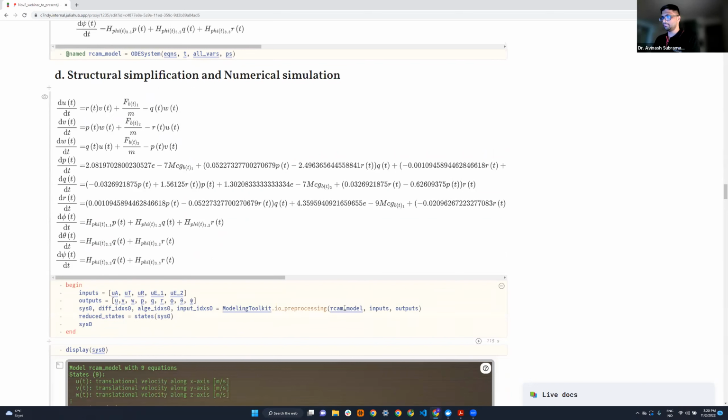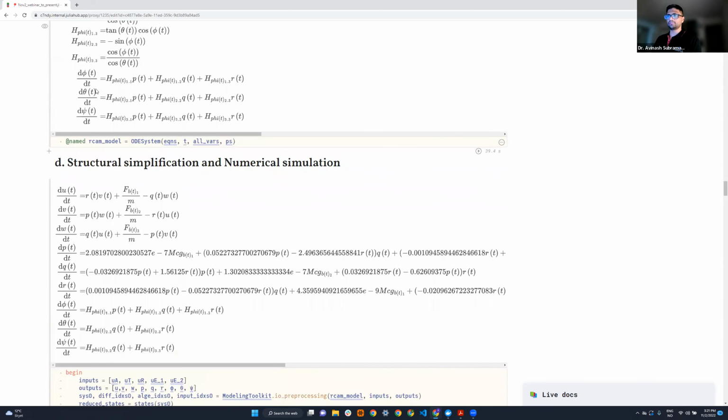It will take in the symbolically defined ODE system, a set of inputs, which in this case are the control inputs, as I mentioned, and the outputs. Here in this case, I assume all the states can be measured. And then it employs a simplification algorithm, and it reduces this complicated system of equations